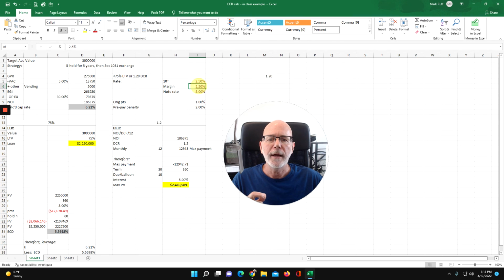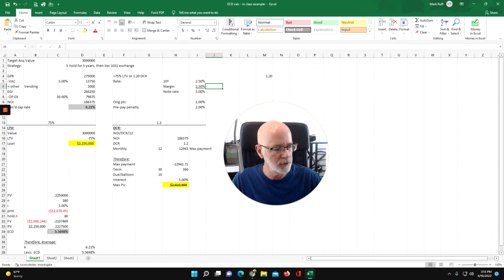The bank also said that in addition to the 10-year Treasury bill index, we're going to charge you a margin of 2.5%. This margin is the bank's markup on the money. The bank is going to borrow the money from the Fed at 2.50%. They're going to mark it up 2.50%. This is also known as 250 BPS. 250 basis points is